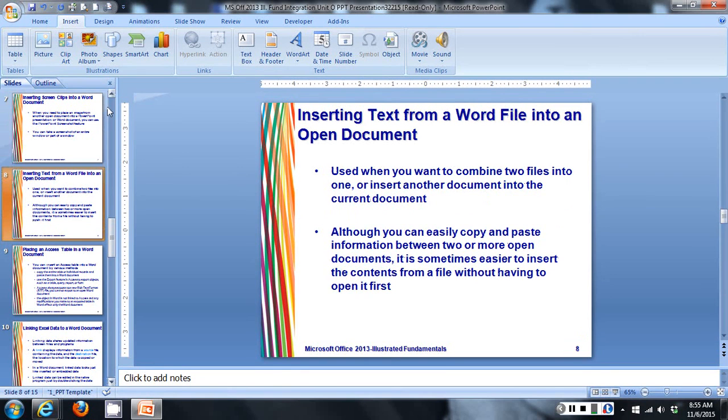All right, let's see, inserting text from a Word file into an open document. This is used when you want to combine two files into one or insert another document into a current document. Although you can easily copy and paste information between two or more open documents, it is sometimes easier to insert the contents from a file without having to open it first. So let's